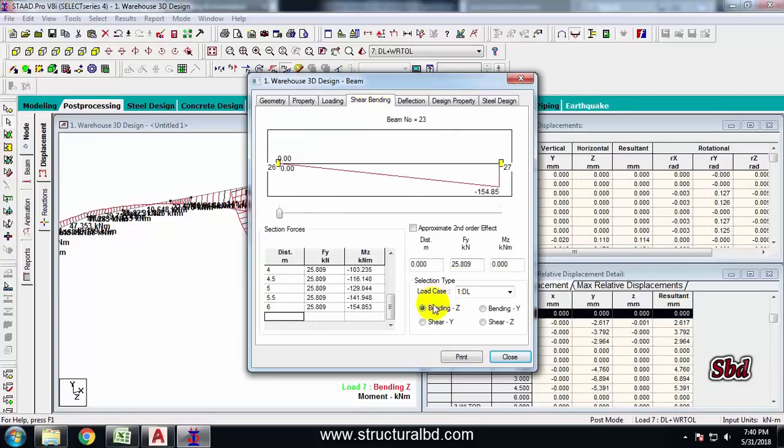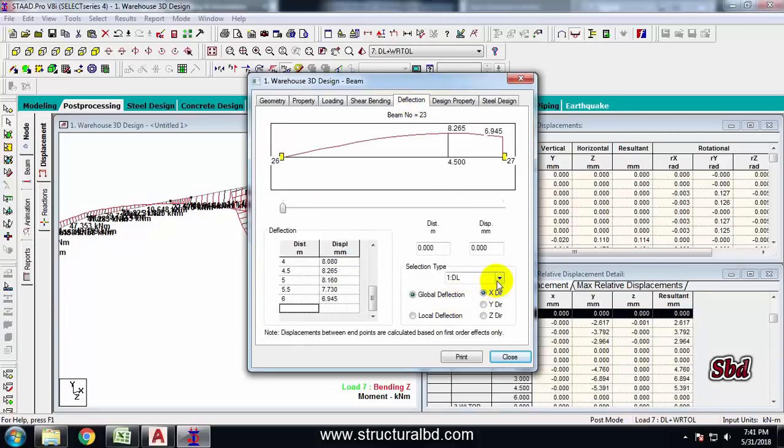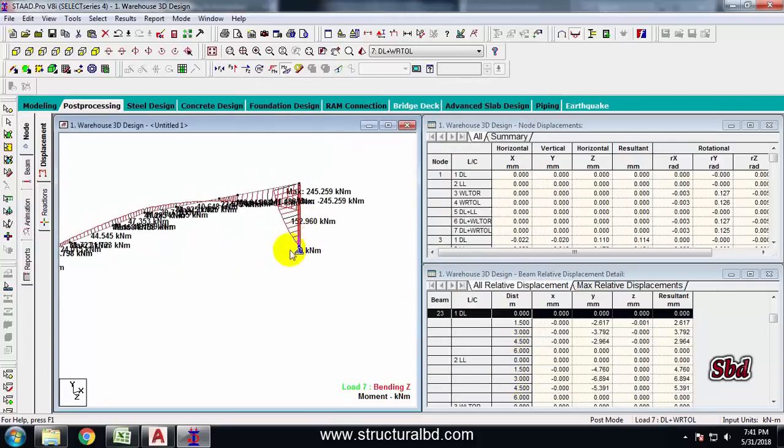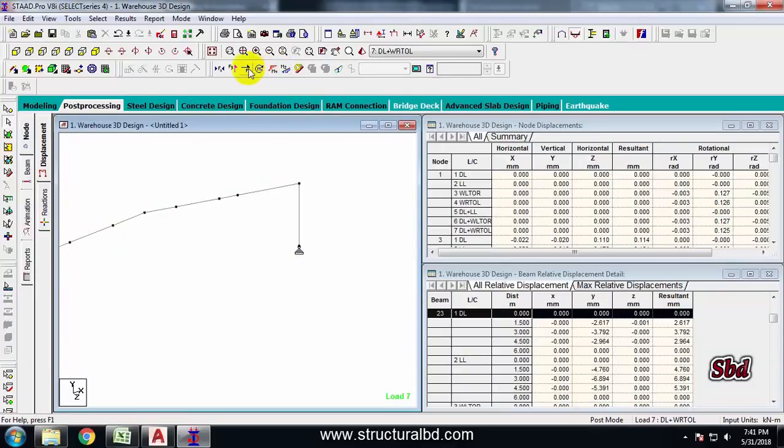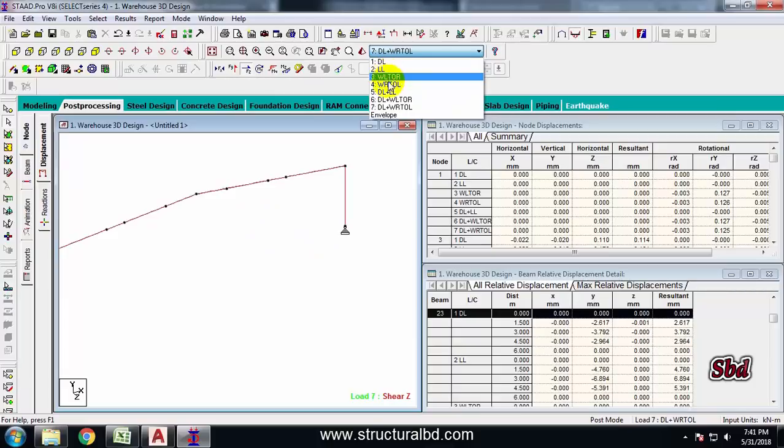Going to shear bending, you can check bending, you can change various combinations here, and you can see the value. You can also scroll to check values in these three cells, and you can also check shear force the same way. And to check deflection, you can also check deflection from here, selecting various combinations. So this way you can check shear force, bending moment here. Uncheck this one and click here shear force, and from here select this one